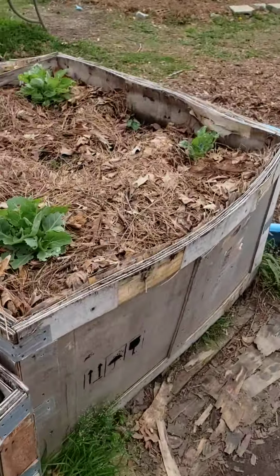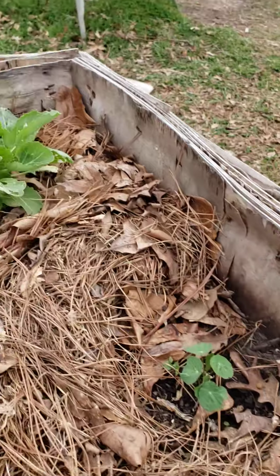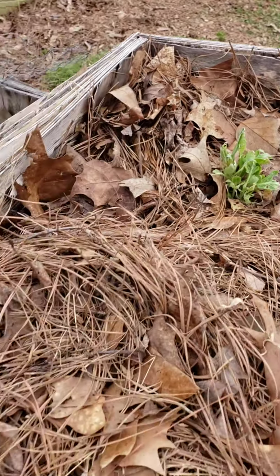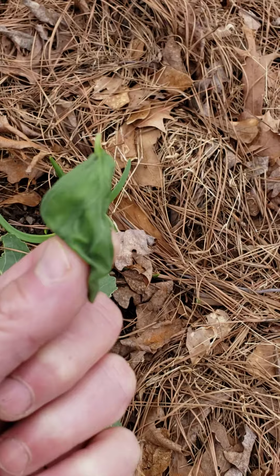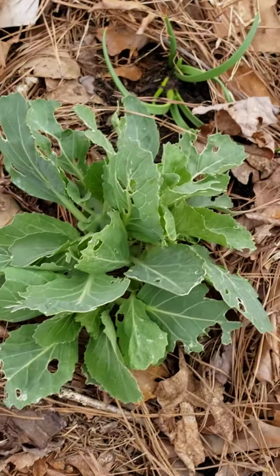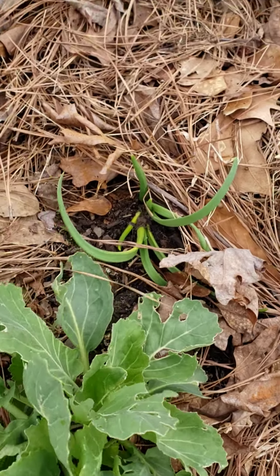All right, now first one, as you see, like I was saying, the bugs have had a field day with my cabbage. That one is destroyed. But what I have done is, as you see, I took just one basil leaf, because it is a very pungent, sweet basil leaf, and I stuck it down into here, and I'm going to see if that does it. But I just planted an onion, because also in the back you'll notice that the onions,